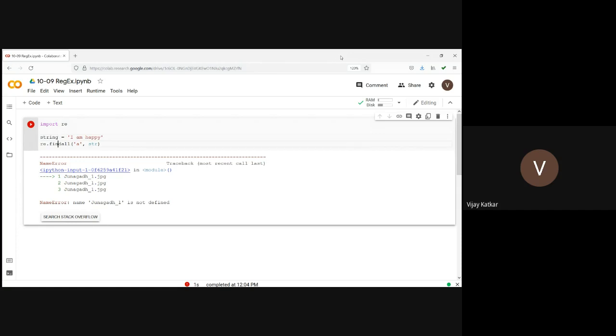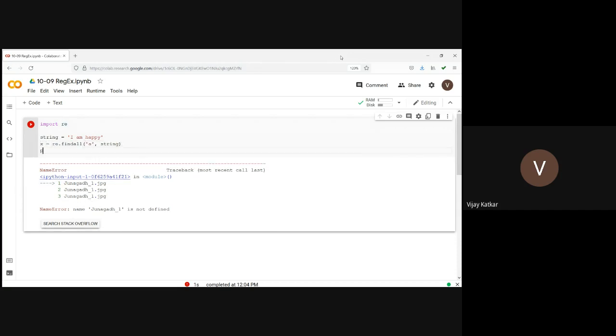Okay, I'll call it string only. The return value I'm storing in some x, and let's print x.